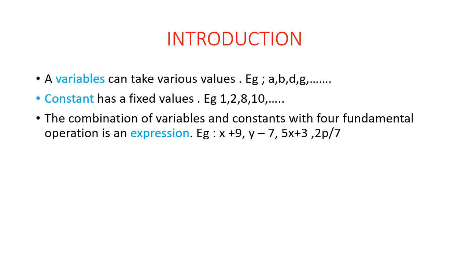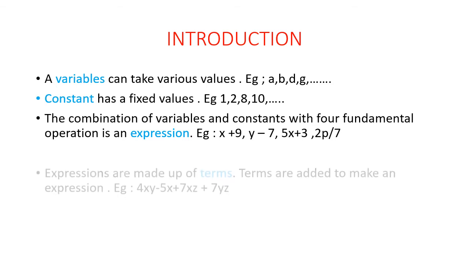Example x plus 9, here addition, right? x plus 9. y minus 7, here subtraction. And 5x plus 3, here multiplication as well as addition. 5x means 5 into x, multiplication, plus 3 addition. Okay, and then 2p by 7, that is multiplication as well as division. Okay, and see